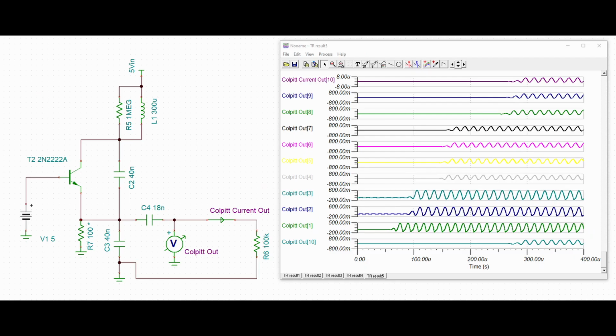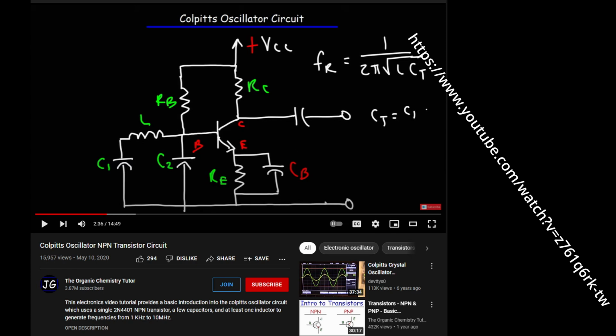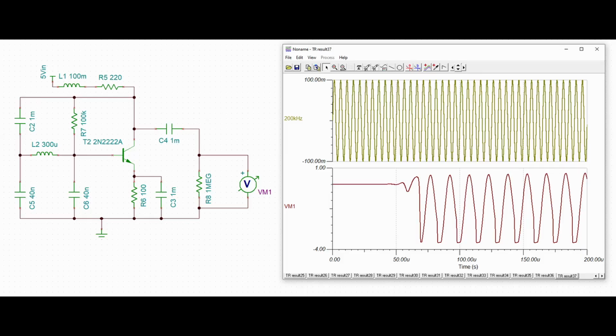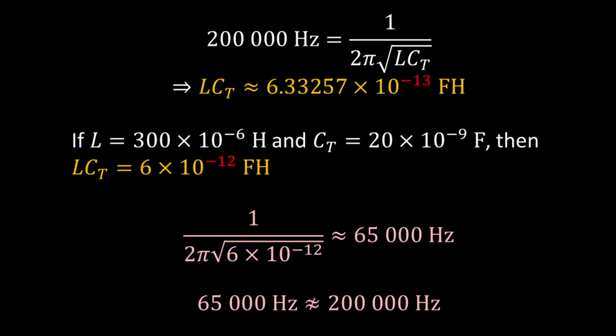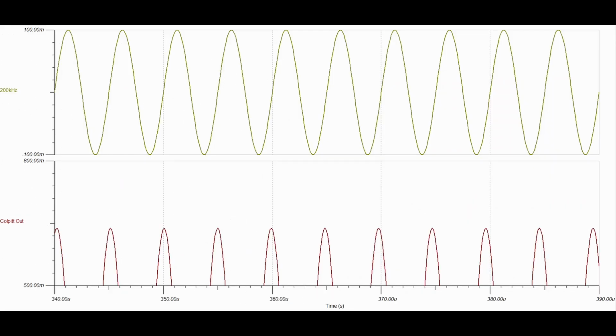If I mess with the value of the resistor, then I can get some more sinusoidal inputs, but they're all at the wrong frequency. I should theoretically be getting values at about 200 kilohertz, but instead I'm only getting about 60 or so. So I started back up from scratch and just decided to follow this YouTube video. But I still had the wrong frequency. It turned out that I had chosen very incorrect values for my capacitors and inductor because I messed up the maths. Yippee! So I reverted back to the old setup, fixed the numbers, and finally got the right oscillation frequency.